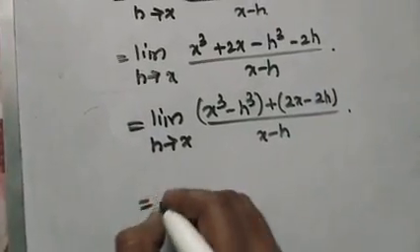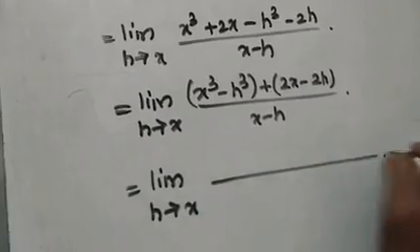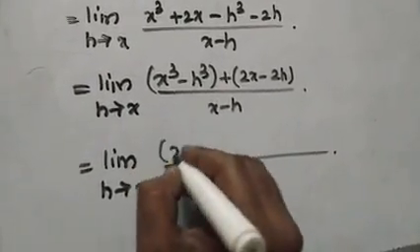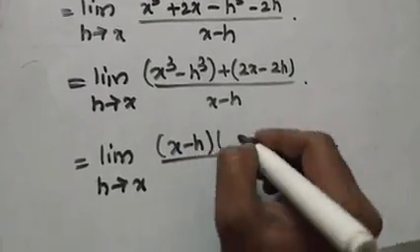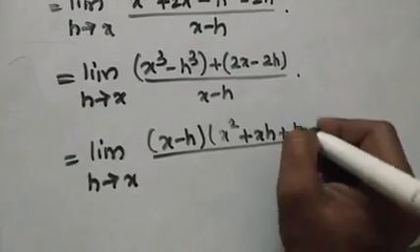Just using the formula here: a cube minus b cube, a minus b into a square plus ab plus b square,